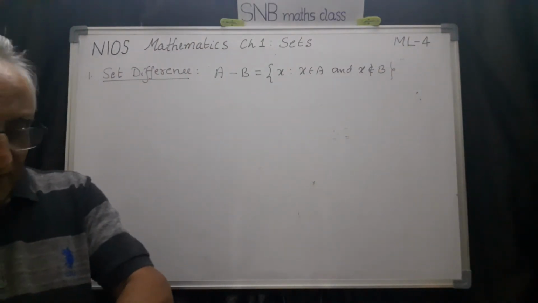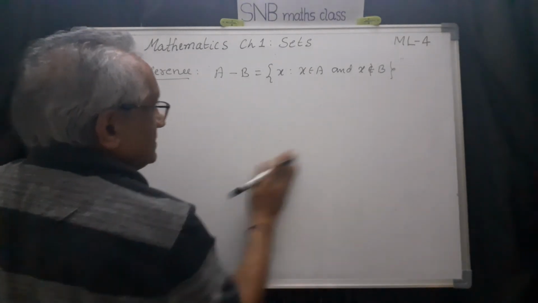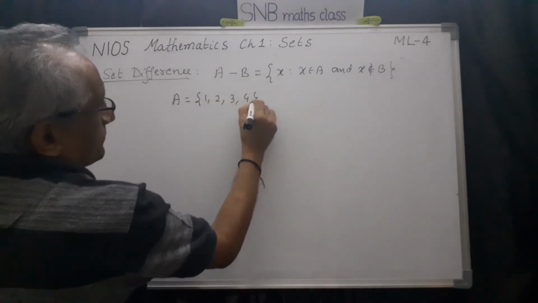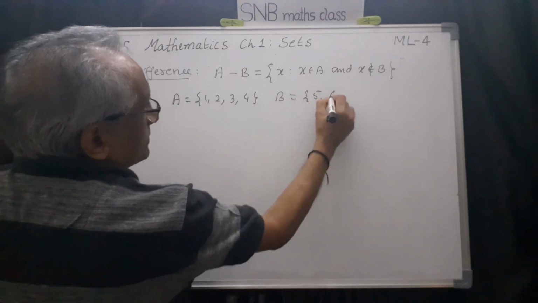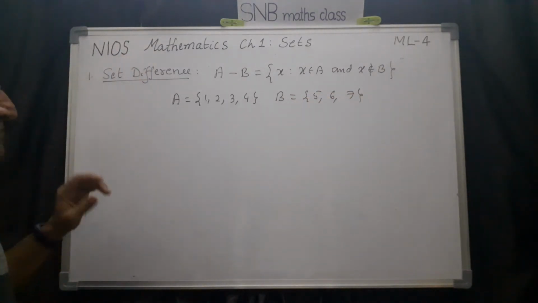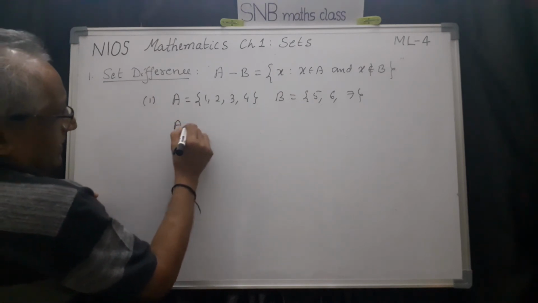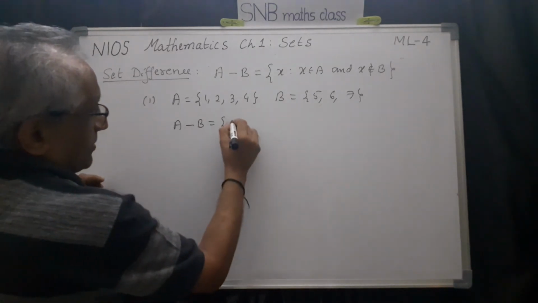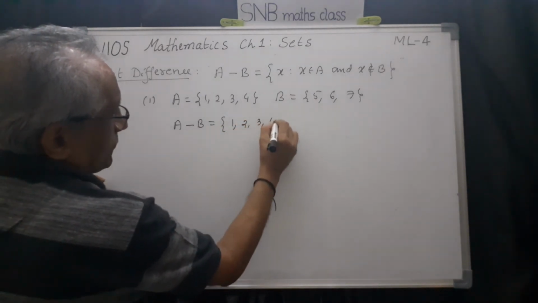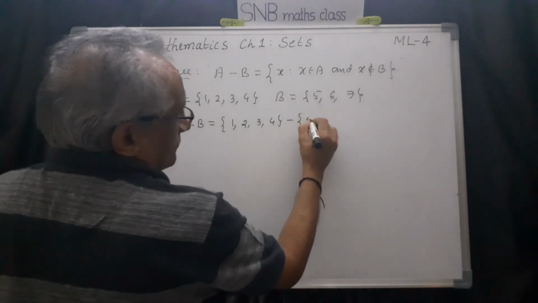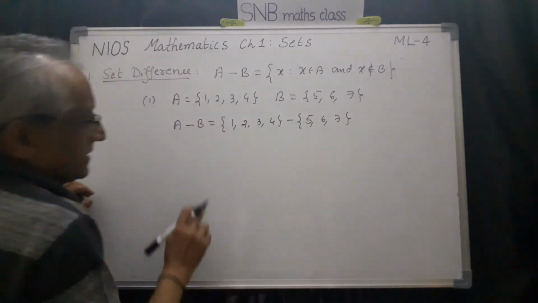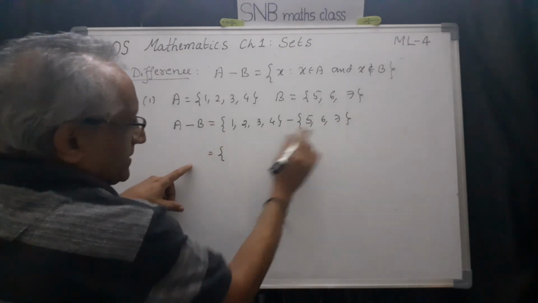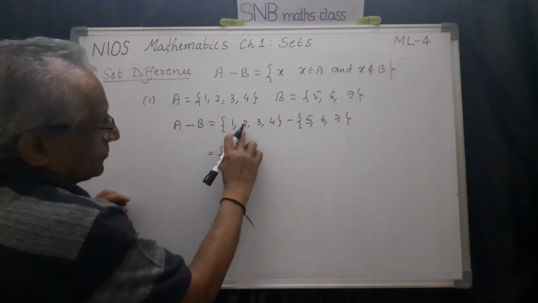Now let us take a few more examples and clarify our concept. Let us take for example A equal to {1, 2, 3, 4}, B equal to say {5, 6, 7}. I am taking one case like this. So what is A difference B? In the beginning it is always better to write them so that it is easy to perform the operation. {1, 2, 3, 4} minus or difference {5, 6, 7}. Now you search like this. 1 is here, there is no 1 there. Therefore definitely I have to write 1. The moment it is not there, I have to write it here. Then search for 2. 2 is here but 2 is not there.